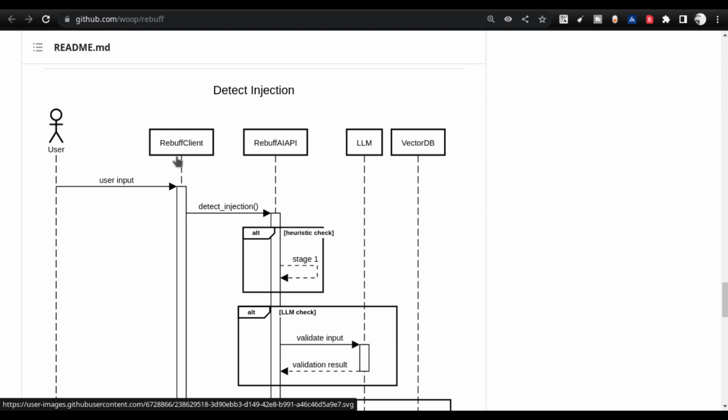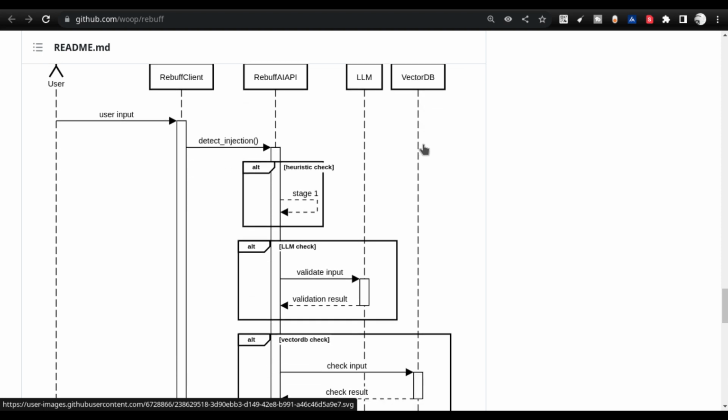One is the Rebuff client, where the actual client is instantiated, getting ready for checking. And this client is going to connect with Rebuff API, which contains its own large language model, not the large language model that you are using. So Rebuff API contains its own large language model, and it has its own VectorDB, which has its various heuristics.